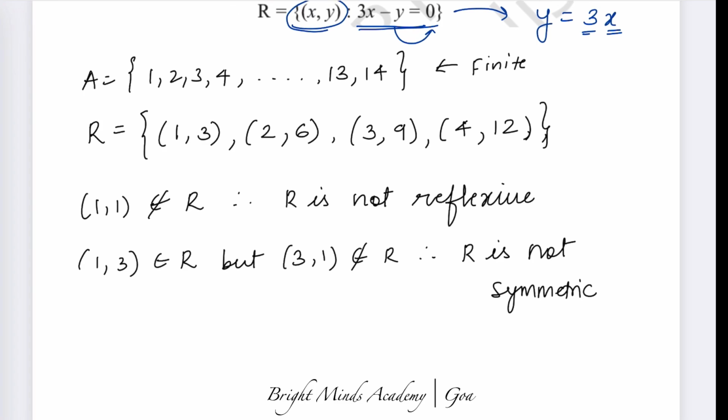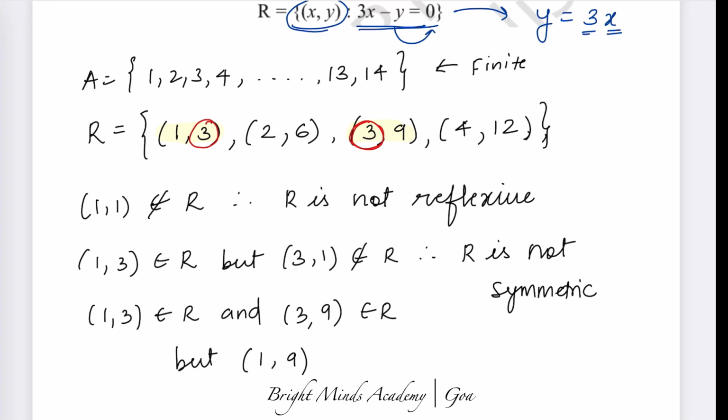Now for transitivity, what you have to do is use the first element in such a way that this ending element has to be the starting element of the other pair. So if you see such type of an element, we have 1 comma 3 and we have 3 comma 9, because 1 comma 3 ends with 3, and 3 comma 9 begins with 3. So I'll take that as my option right here. So I'll say that 1 comma 3 belongs to the relation R and 3 comma 9 also belongs to the relation R, but what do we have? The remaining element 1 comma 9 does not belong to the relation R, therefore R is not